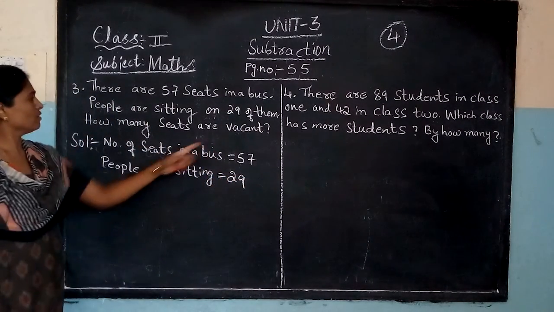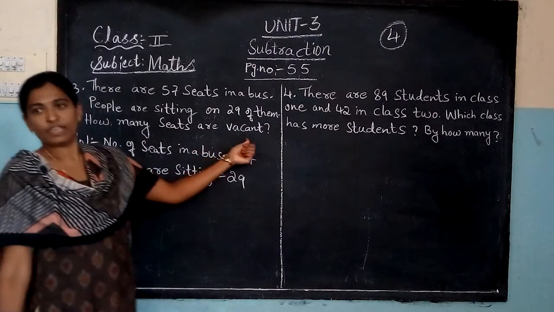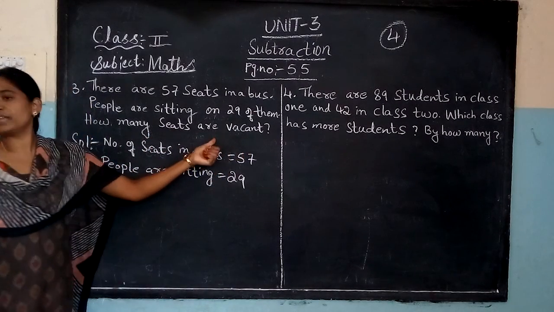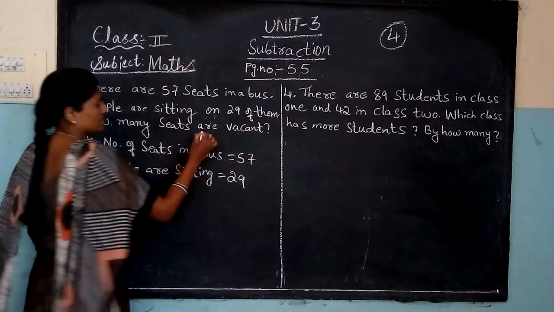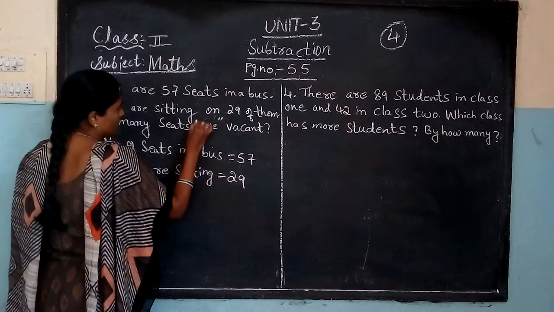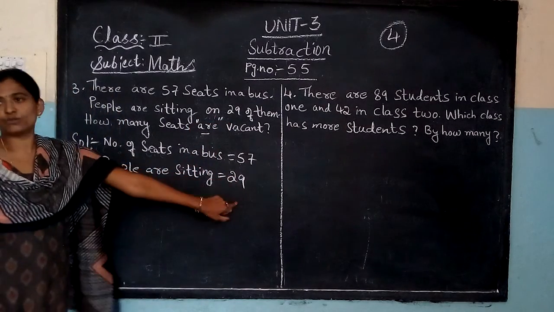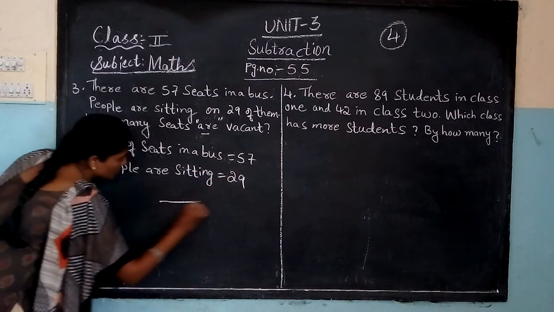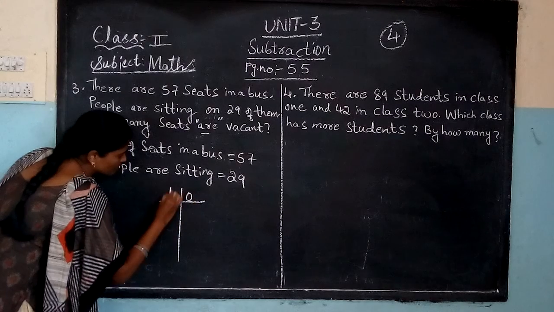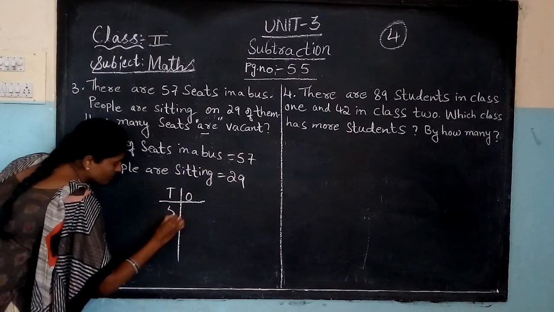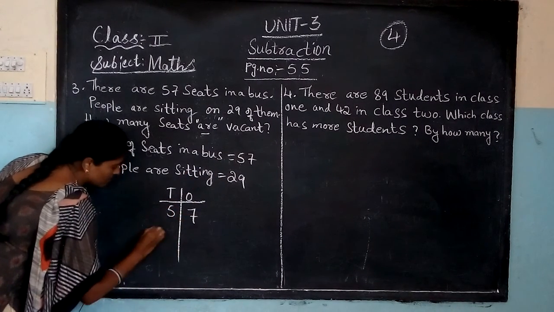Yes, what do you have to do? How many seats are vacant? Means you have to do plus or minus? Yes, minus. Vacant means minus. You have to do minus of these two numbers. Now arrange the numbers in ones and tens columns. What is the first number? 57 minus